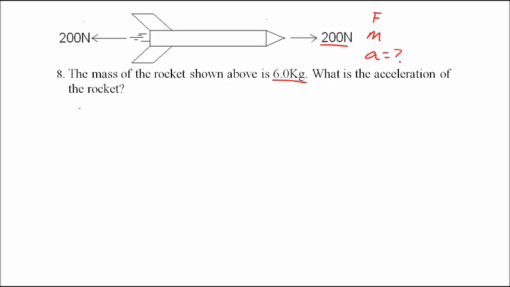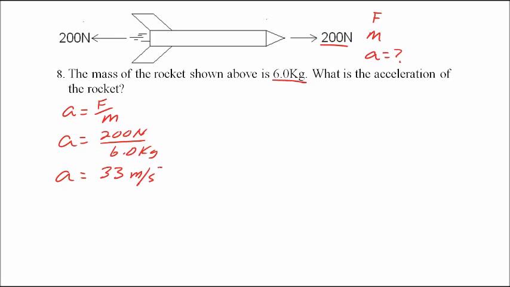So the equation for acceleration, remember that F equals m times a. So we're going to solve this for acceleration. We're going to have to rearrange that equation, and acceleration is equal to F over m. A equals F over m. Set this up. The force, 200 newtons, given in the problem, divided by the mass. In this case, the mass is 6.0 kilograms. And the acceleration of our rocket appears to be 33,